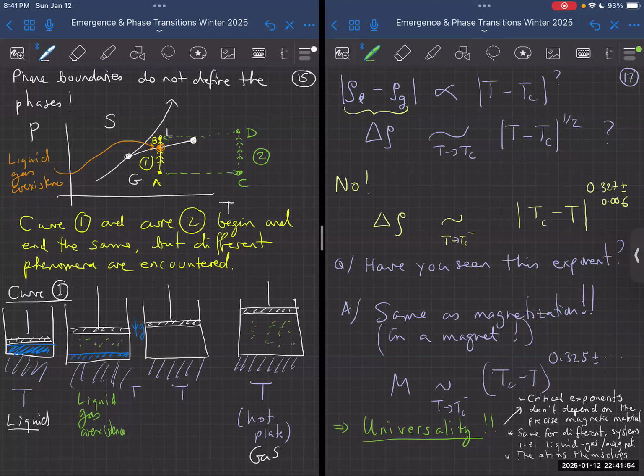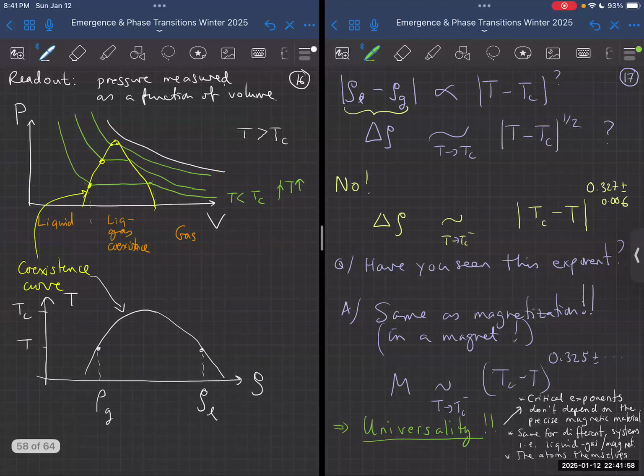And at the end of the lecture, I showed you that if we examined the coexistence curve, namely the points at which the pressure stays constant as you reduce the volume, these horizontal lines up here, as I read the pressure volume isotherms, we saw that those mapped out a surface like this. If we looked in the temperature density plane, as I go down in temperature, I reach a point